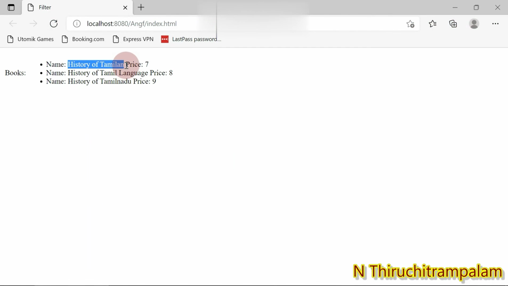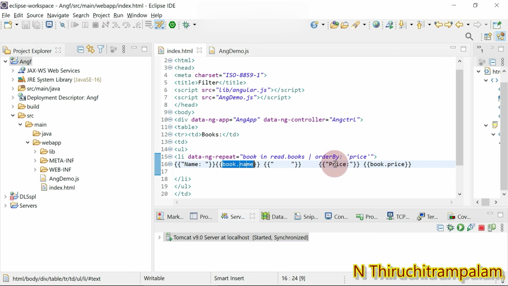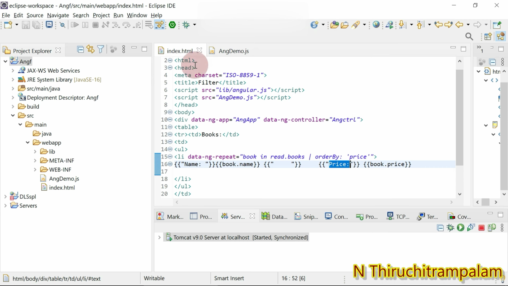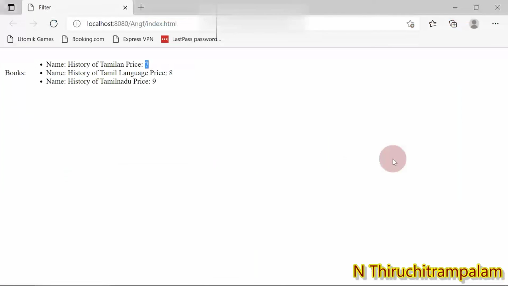And then you can see price colon. Here we have given within the curly braces price colon text. And then you can see the price value 7. Here with book dot price we access the price value. That's the reason you could see it here.